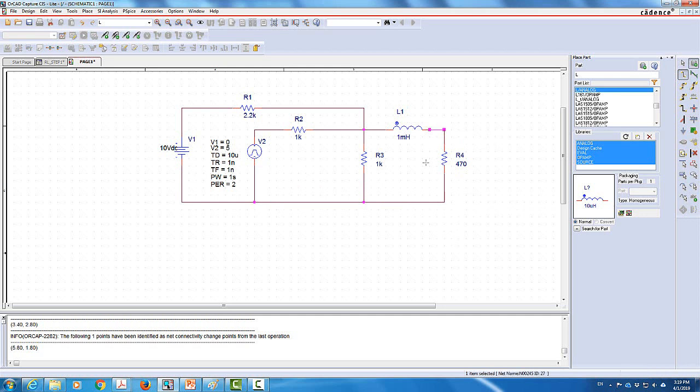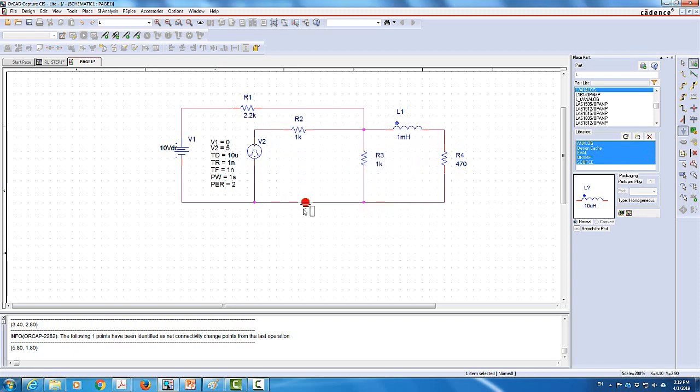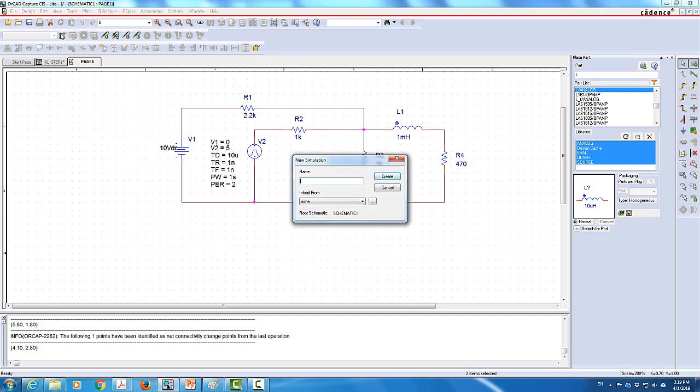Let's make sure that this is connected here. And then we're gonna add a ground. We have to have a ground when we use PSPICE. So this is the circuit that we're gonna simulate. I'm gonna save it, and then I'm gonna create a new simulation. So click on new simulation. I will call it sim1,